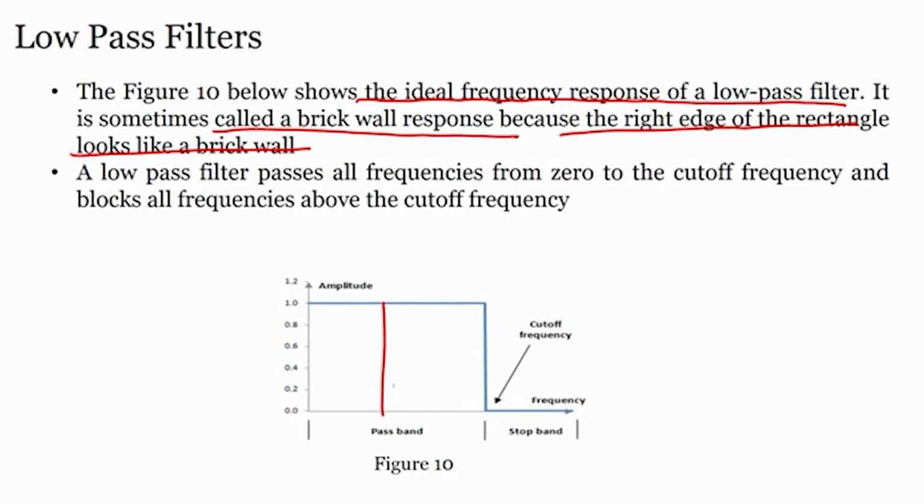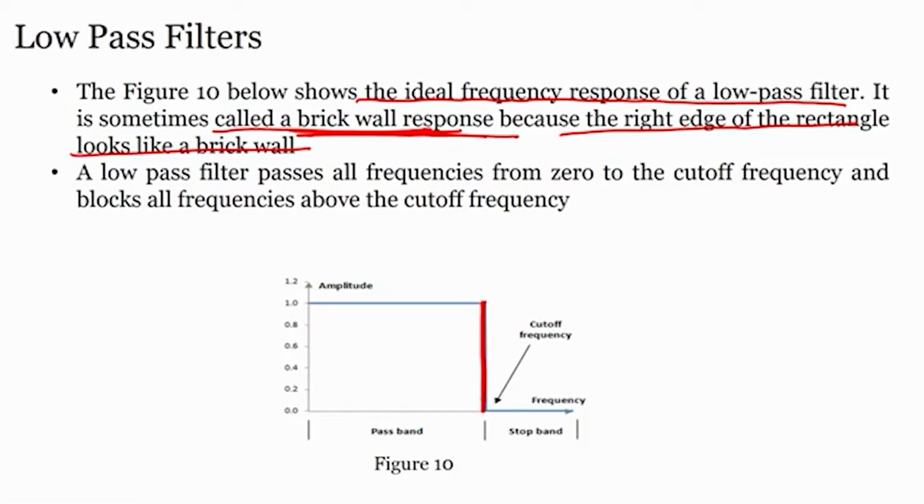So, the point is, if I change the cutoff frequency from here to here, that means the frequency range that I am passing from here to here, this pass band will be narrowed down. You see this pass band compared to this band, right. This band is bigger, that means a lot of frequencies can be passed. This is smaller, comparatively the frequency range is less. Both are low pass filters. Since this particular response looks like a wall, we also call it a brick wall response,